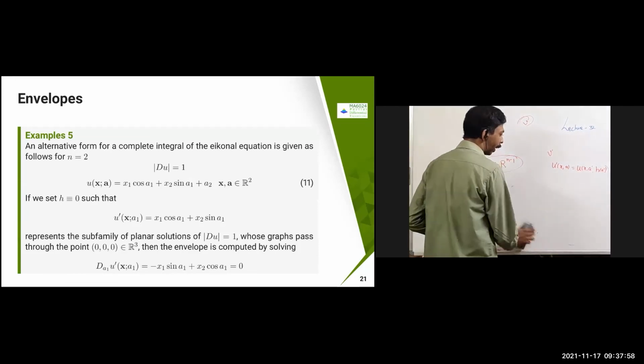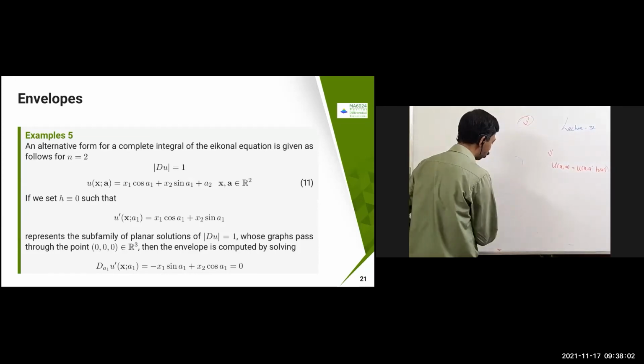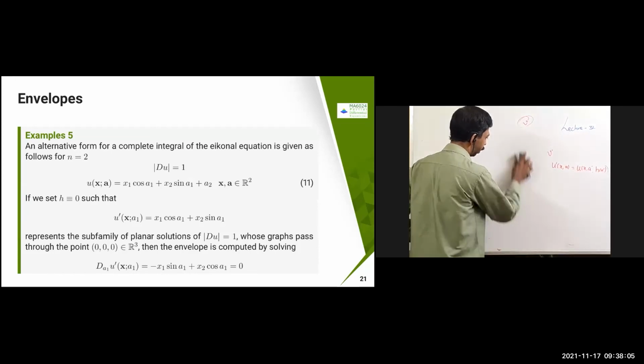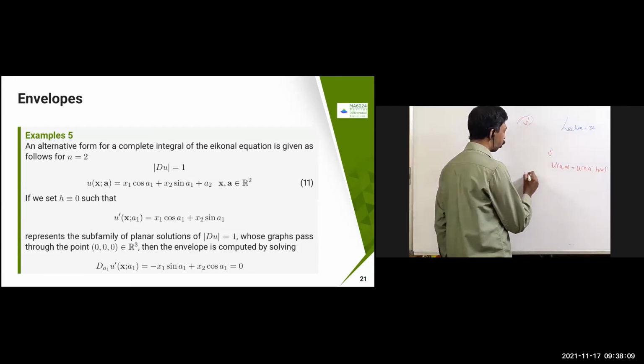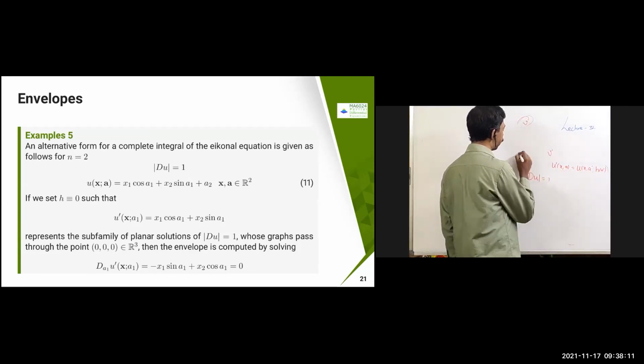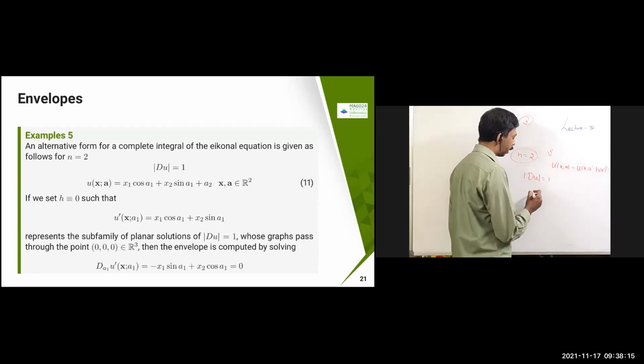Okay, so again, let us take the eikonal equation mod du equal to 1, and then we'll try to eliminate one of the things and then see it. So let us see that. So mod du equal to 1, I'm just going to explain that for the 2D case, n equal to 2 case. Okay. So we already seen that u is equal to